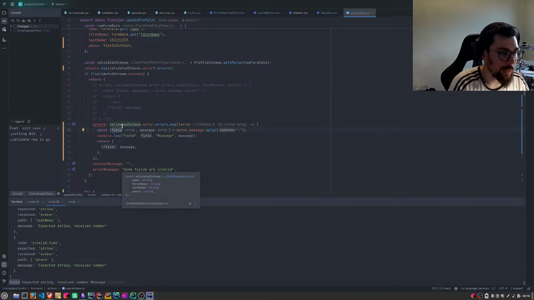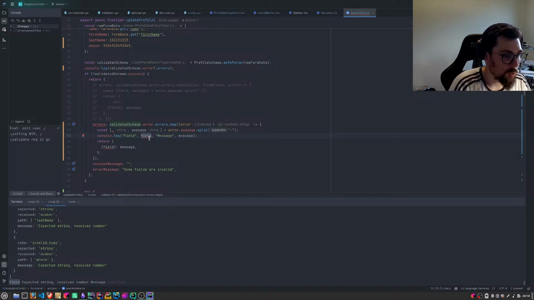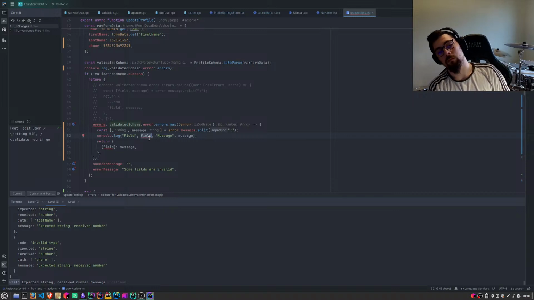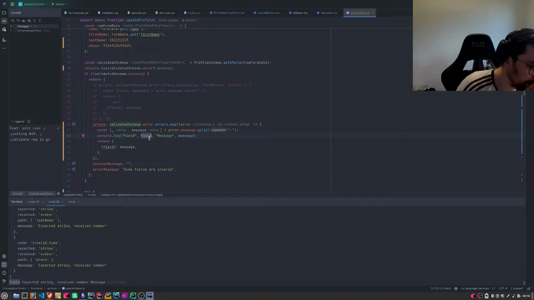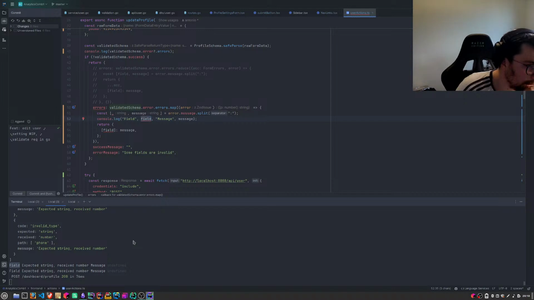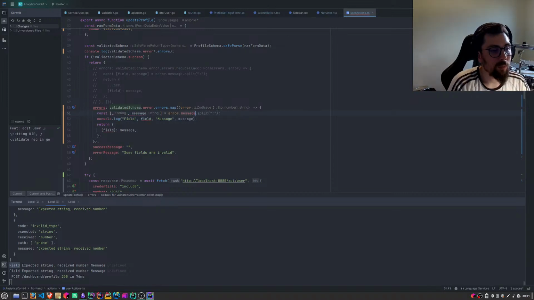We don't need this. Wait. Why am I splitting this? What do you mean, you stupid GitHub Copilot? This is what I need.